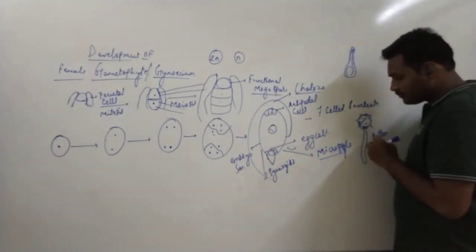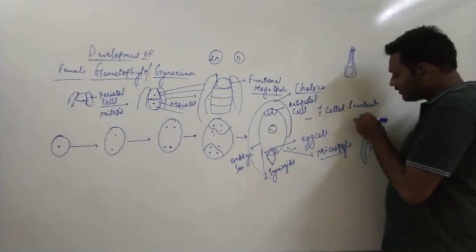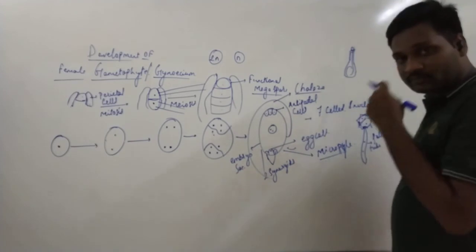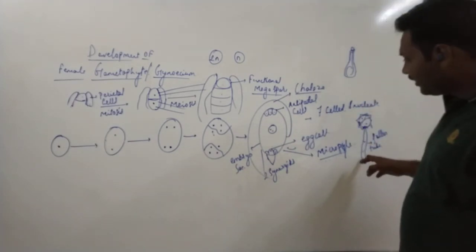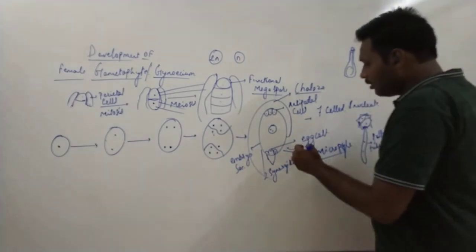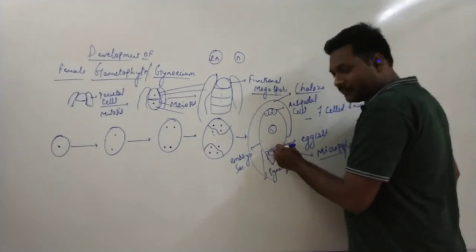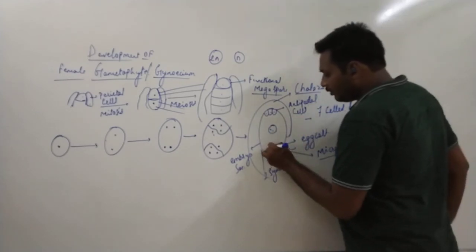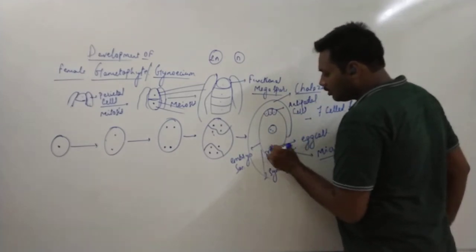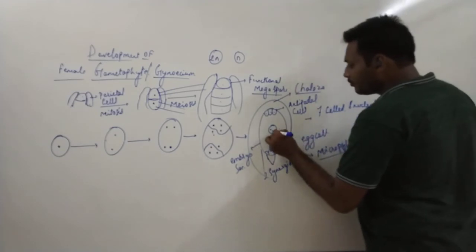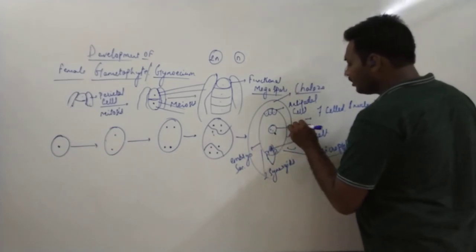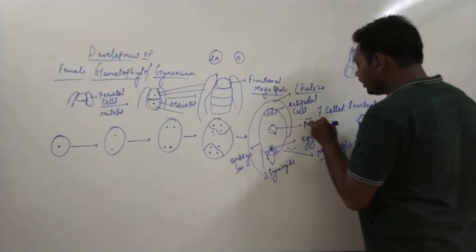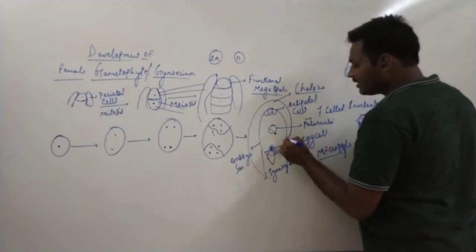Now, what is the function of this pollen tube? Here you see the generative cell. It will divide by mitosis into two identical male gametes. When they enter from this part, it will release one male gamete onto the egg cell, and another male gamete to the central nuclei. This is called the central or the polar nuclei.